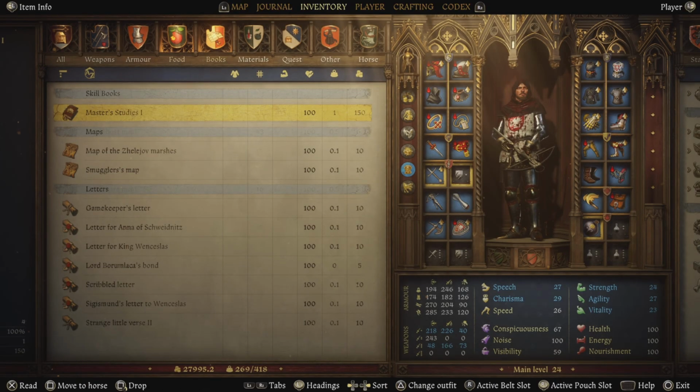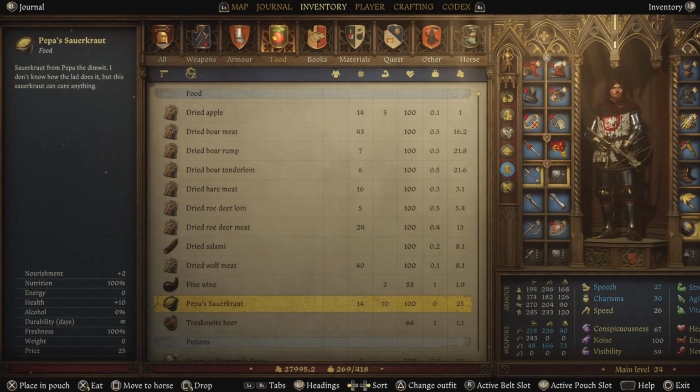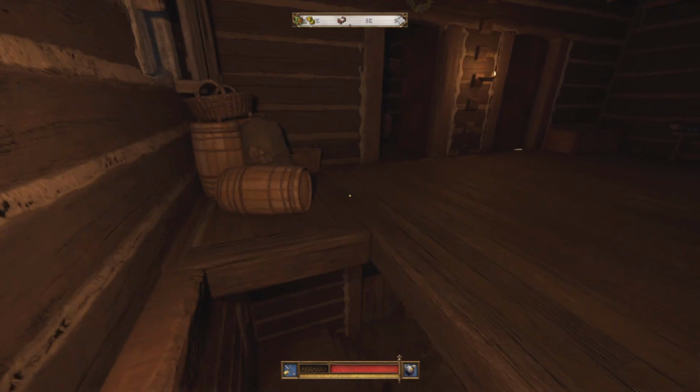I found... It was just marked as Cabbage Cave, but if you see that, go there, because you get, like, Pepe's sauerkraut, or Peppa's sauerkraut. It gives you plus 10 health. And it gives you plus 1 vitality, I think, for a while, too. So it's kind of a cool little food item, and you can basically just take him cabbage, and he'll make you more. As long as you don't, like, turn him in or anything, so...